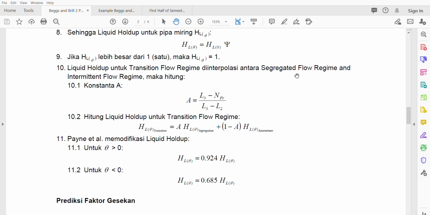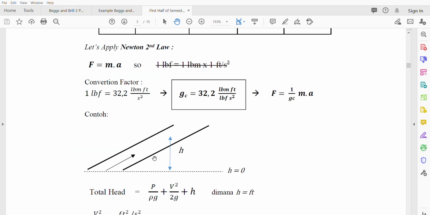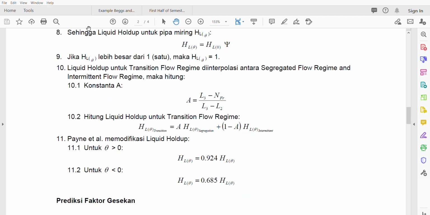So the theta here is the degree of this angle here. The degree of the angle, this one is positive. If it goes downhill, the theta is negative. So positive for uphill, negative for downhill. Okay, and then